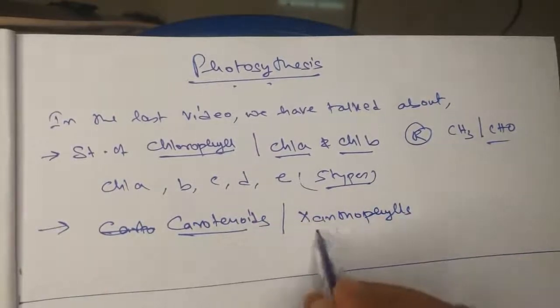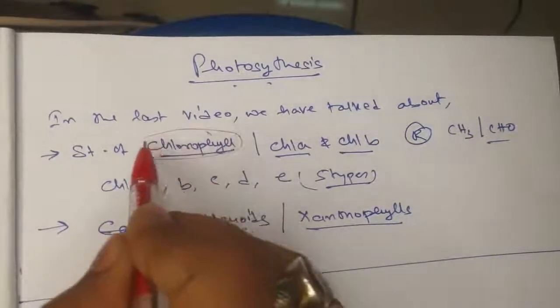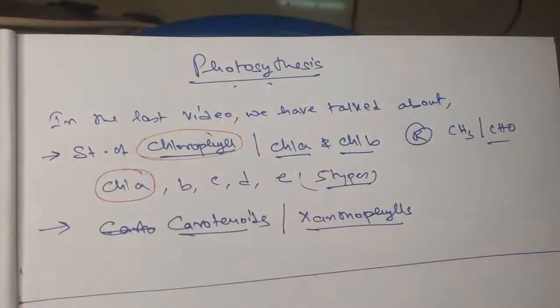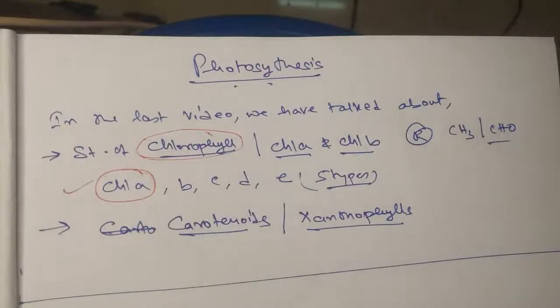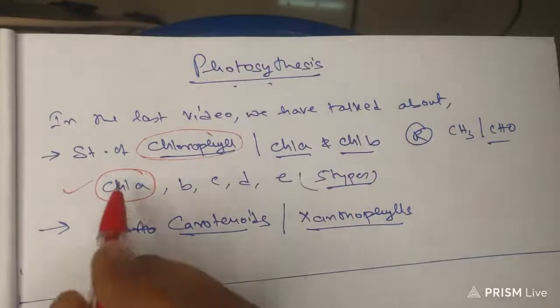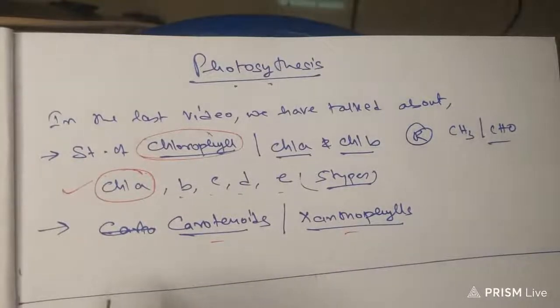I think I have talked about these pigments beforehand also, while teaching cells. But let us today talk about these carotenoids. In the process of photosynthesis, chlorophyll is the main pigment. In fact, chlorophyll A is the main pigment, and we will learn shortly which discovery led us to know that. But the fact is, there is chlorophyll A, then B, C, D, E, carotenoids, xanthophylls, and